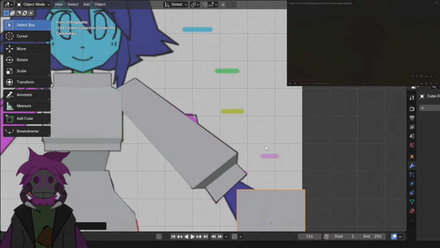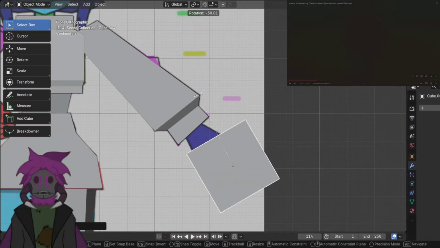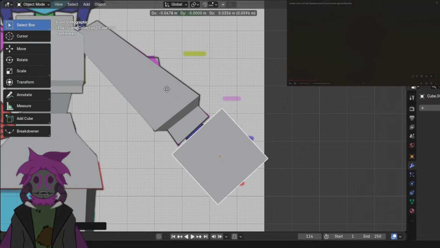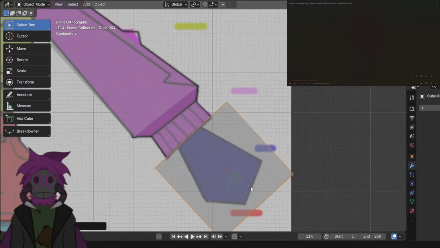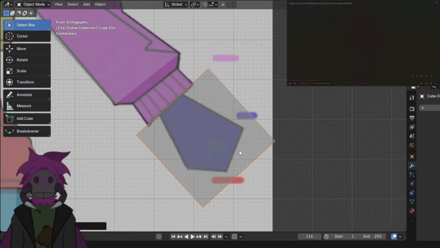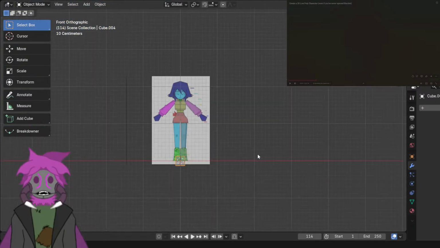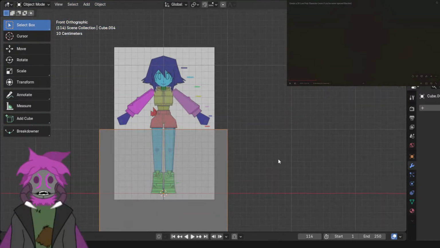Rotate. Shit, I did it incorrectly. Well, maybe not incorrectly, but